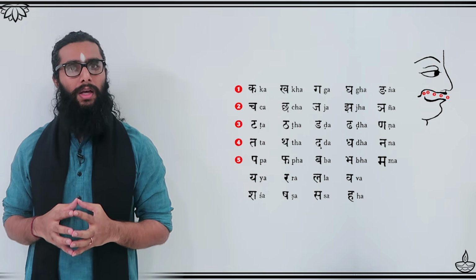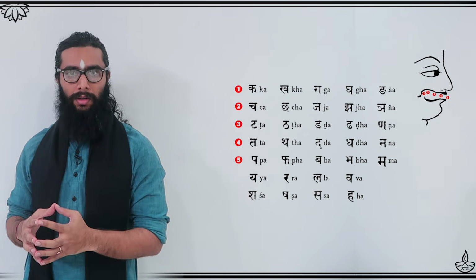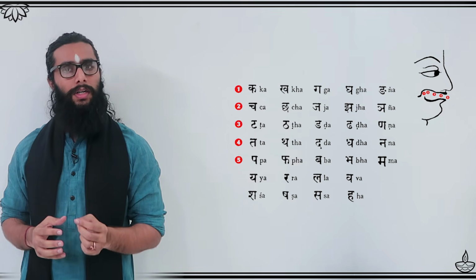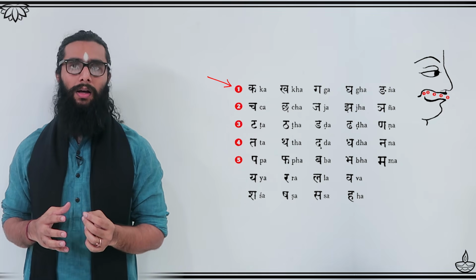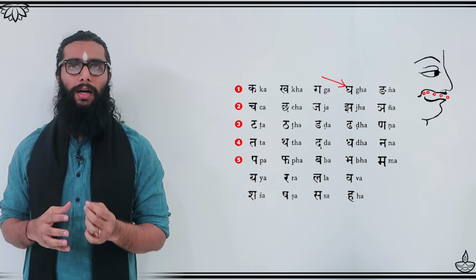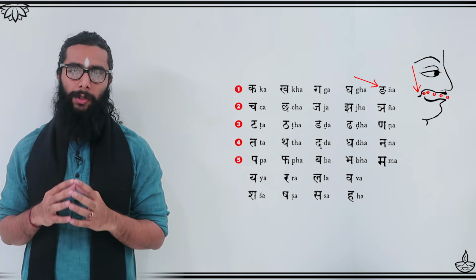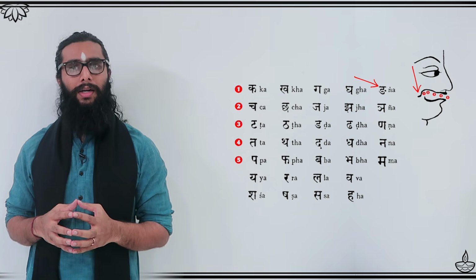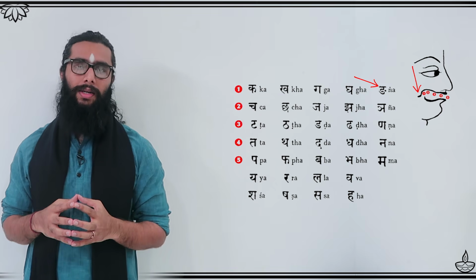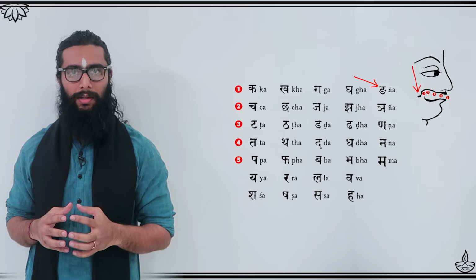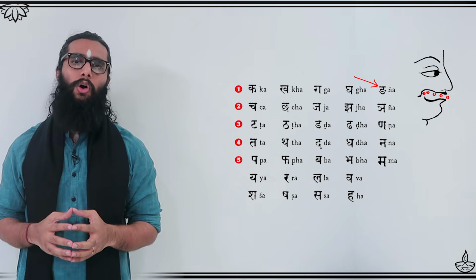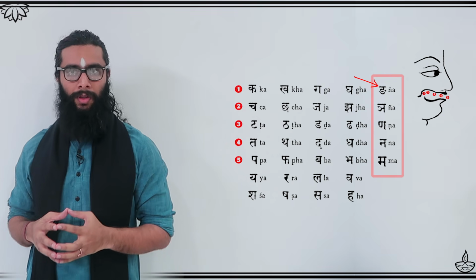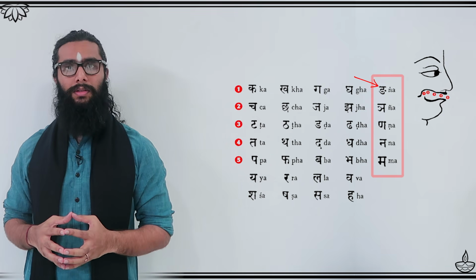Now this means every consonant in a particular varga starts from the same place within the mouth. For example, all the consonants of ka varga, which are ka, kha, ga, gha and nga, start from the pit of the throat. Notice that the last sound, nga, is uttered with the help of the nose. It is a nasal sound called anunasika in Sanskrit. In fact, all consonants which are in the last column have a nasal sound attached to them. All of them are called anunasikas.